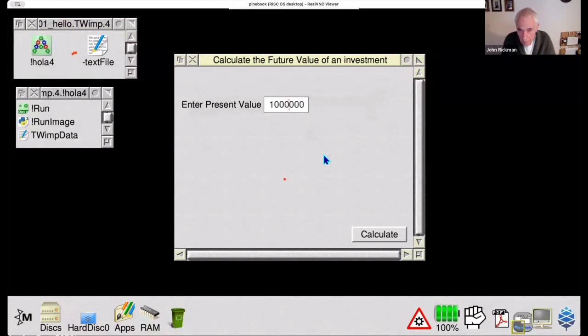That's the maximum that field will hold. And the minimum that field will hold is 100. And if I type in a minus, it doesn't like it. And if I type in hammering on the keyboard, it won't take it. That's a numeric field that will only take numbers, which is very handy. And when I press calculate, this button down here,